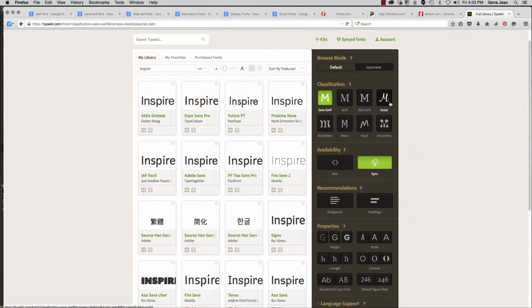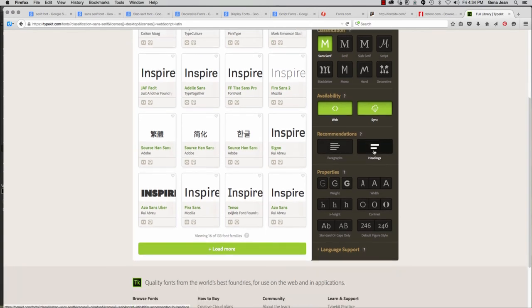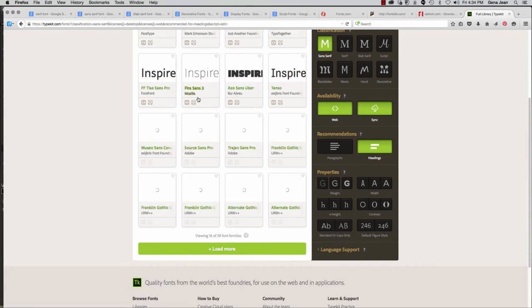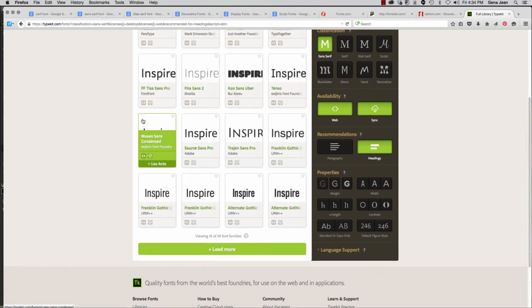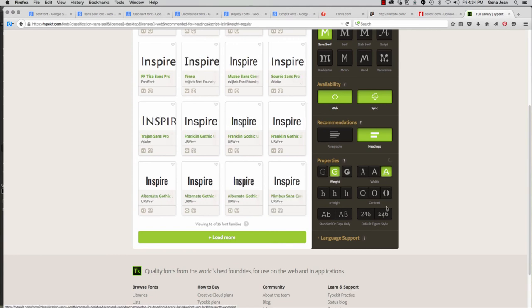Once again, over to the right under classification, I can view different types of font categories. I can select if I only want web fonts to show, I can click that, and what is selected shows up green. Am I going to be creating headlines or paragraphs? I can select headlines, and it will go through and only show me the best fonts for headlines. And then down here under properties, I can select various weights and widths,